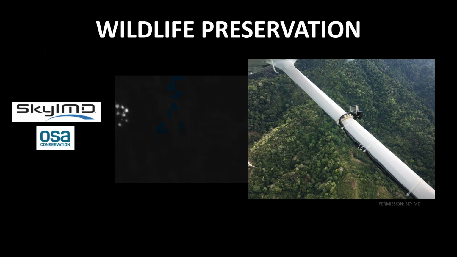Speaking of poaching, this is from SkyIMD and OASA Conservation. They used the FLIR View Pro on a Cessna, so I know this is an unmanned situation, but the concept's still the same, where they're flying over the jungles of Costa Rica looking for jaguar poachers. And what they're trying to find is when poachers are out in the forest, they create cooking fires, and when